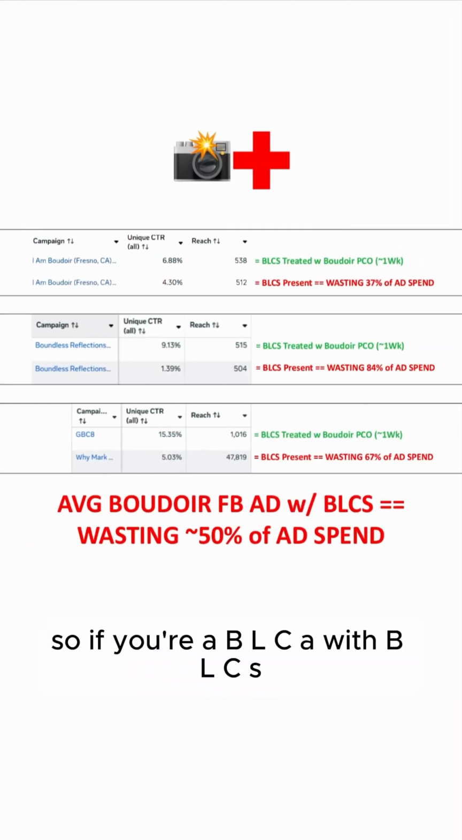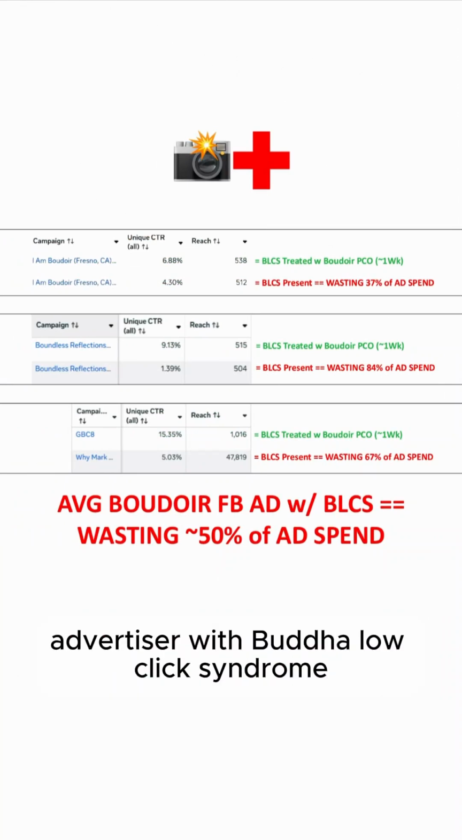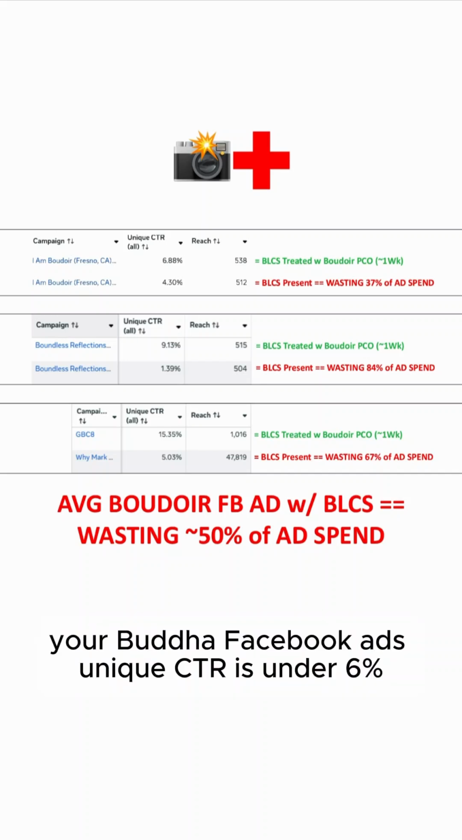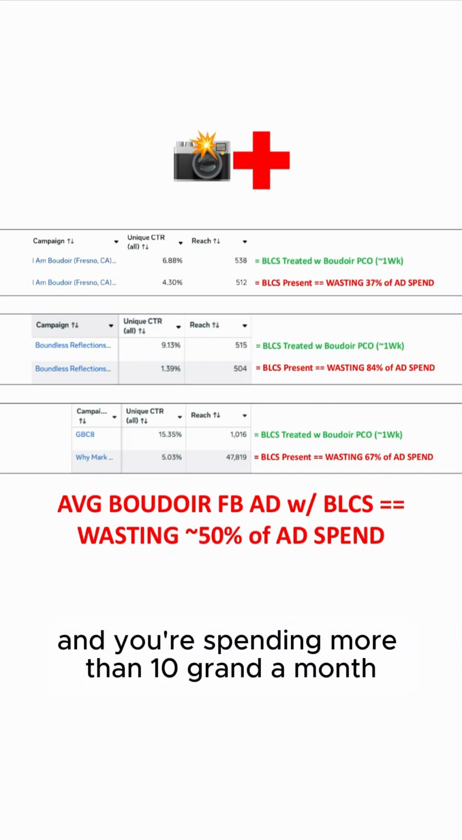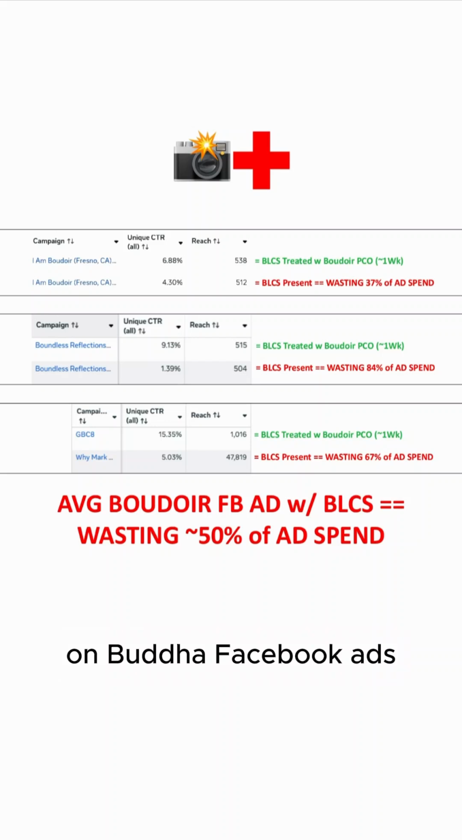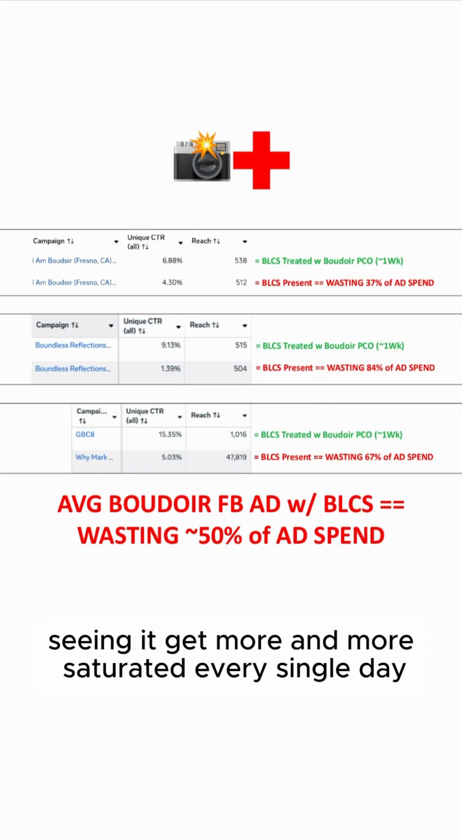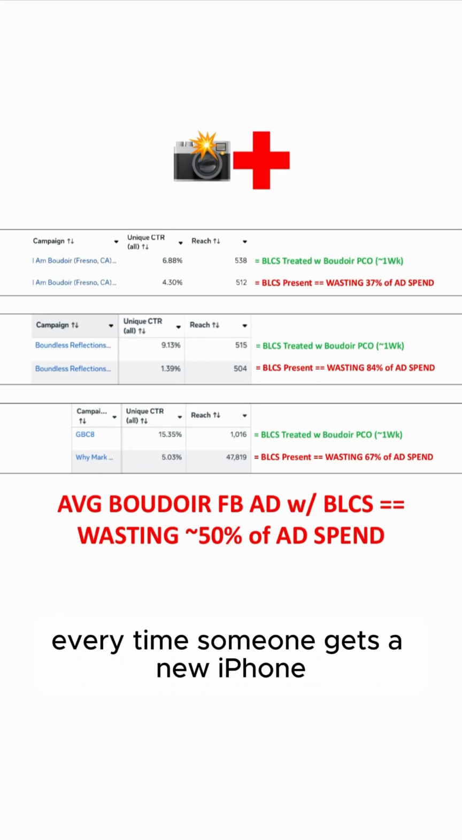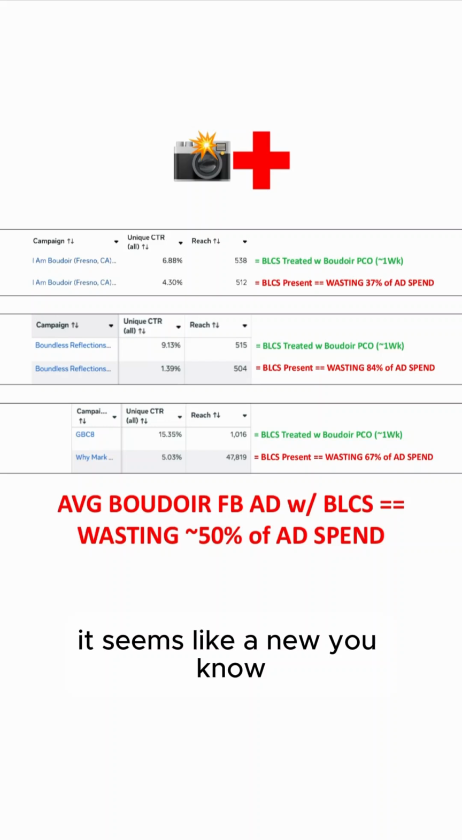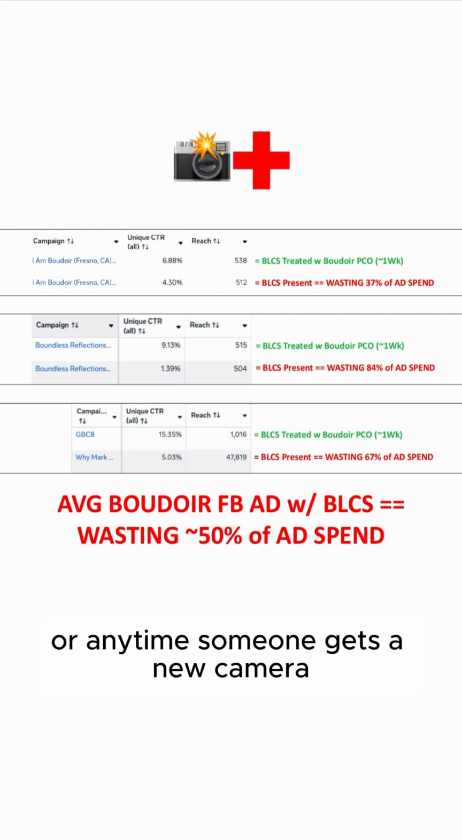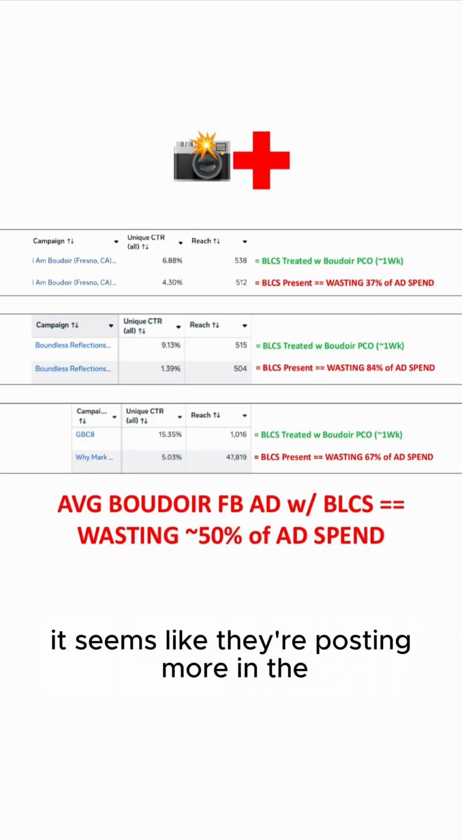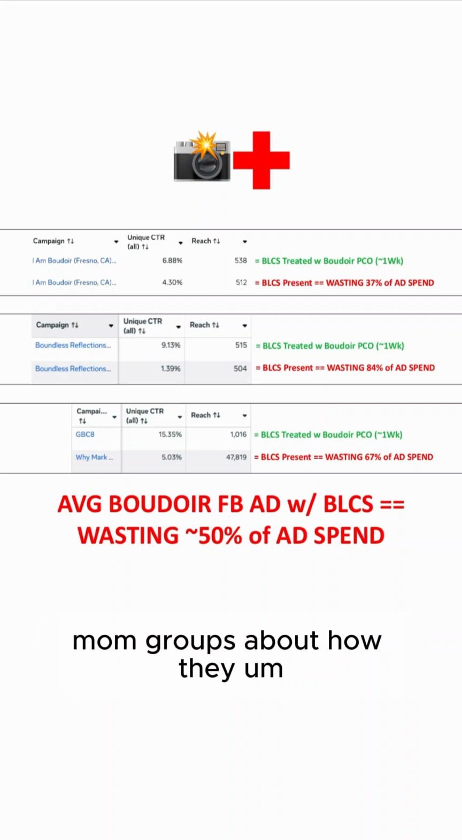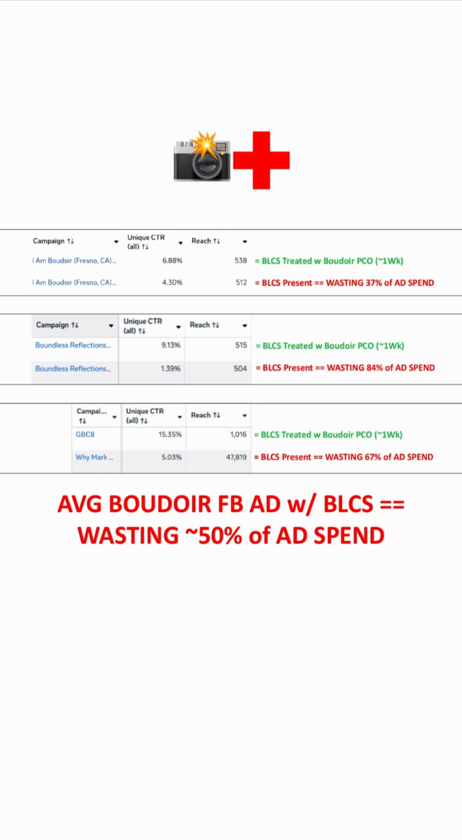So if you're a BLCA with BLCS, a Boudoir low click advertiser with Boudoir low click syndrome, your Boudoir Facebook ads unique CTR is under 6%, and you're spending more than 10 grand a month on Boudoir Facebook ads, and you're looking at the marketplace, seeing it get more and more saturated every single day. Every time someone gets a new iPhone, it seems like a new Google business profile pops up saying they offer Boudoir in your city. Or anytime someone gets a new camera, it seems like they're posting more in the mom groups about how they now offer Boudoir. So you're seeing the marketplace get more saturated,